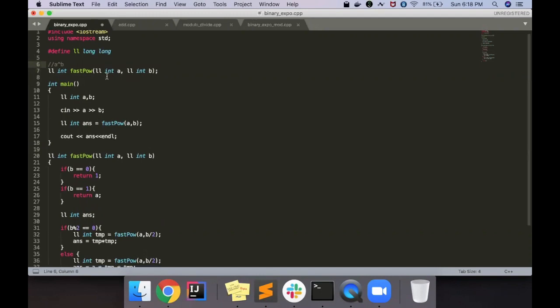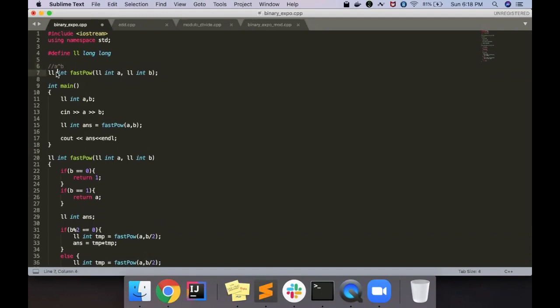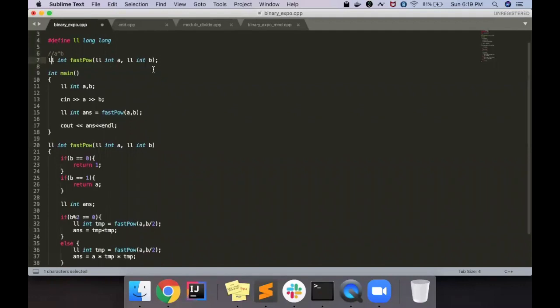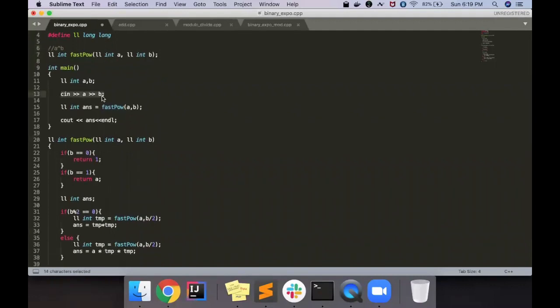Okay. Now one thing you can ask is, what is this LL? You can also return long, but every time you have to write long. So what I used to do when I used to code is, you can just simply define LL as long. So basically LL will be replaced with long everywhere. So this is a very fast technique, you can always use this. You can name it anything, ABCD or whatever, but LL makes sense. So LL int A, LL int B. So I'm just taking input here, and you have to just print a ki power b.